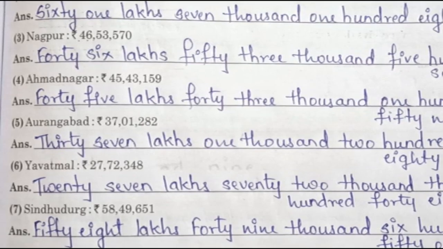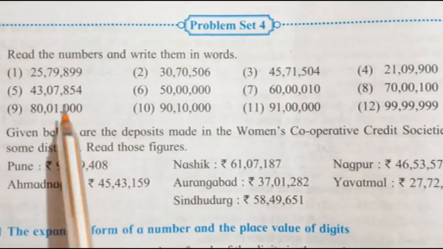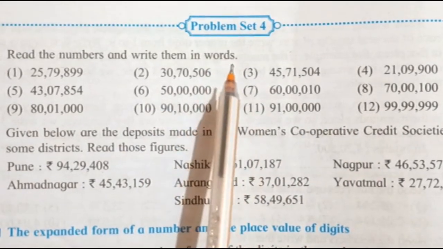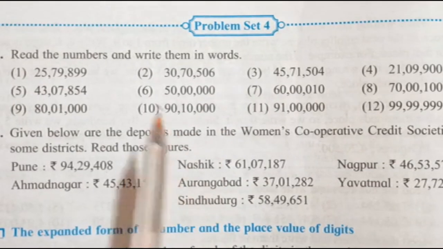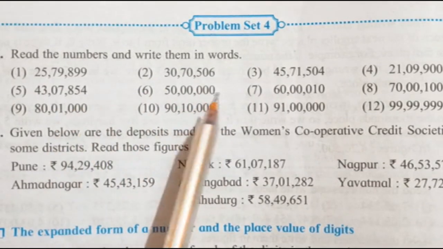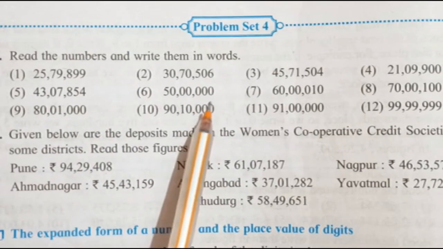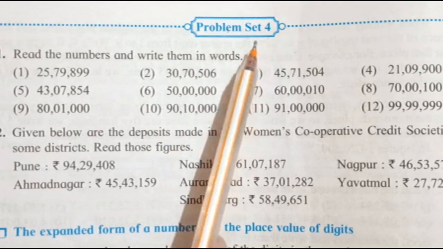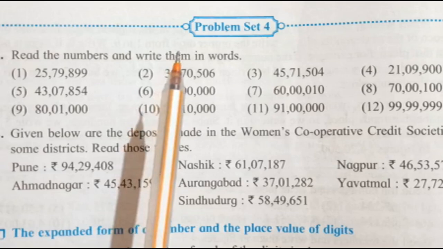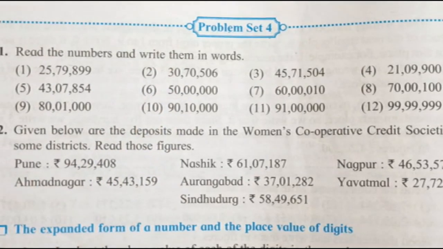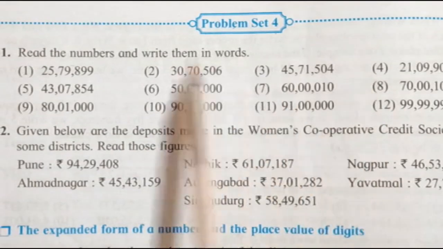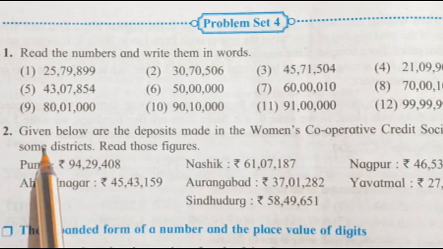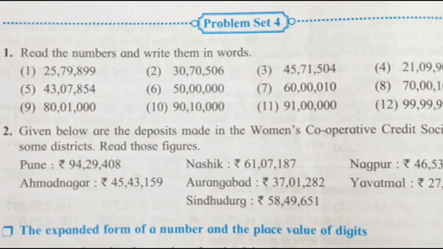Okay. Now students, here in this first question there are total 12 numbers. Among this, 6 numbers I have already solved in the combined book. So the 6 that I have not solved, you have to solve yourself. That is your homework. Is that clear? So today's homework is that you have to complete this problem set 4 in your maths notebook as well as in your combined book number 1. Just as I completed it in the combined book, you have to complete it in the combined book, and in the notebook you have to write it fully. In the notebook you will write all these 12 numbers in words and then you will solve this question number 2. Is that clear, everybody?